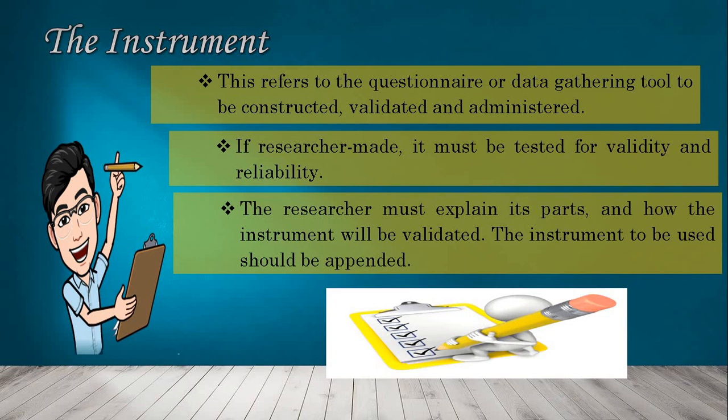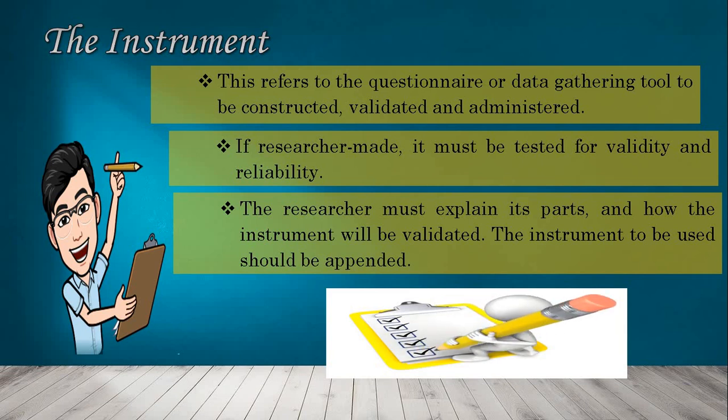The researcher must explain its parts and how the instrument will be validated. The instrument to be used should be appended. Therefore, kailangan ng researcher na ma-explain yung parts nito, alin yung mga control variables, yung independent o dependent variables, its parts din, dahil ang bawat variables ay merong mga question items each, at yung parts nito kung meron ba itong close-ended questions, open-ended questions, and if adopted, the student or the researcher should indicate its descriptions as to its items,